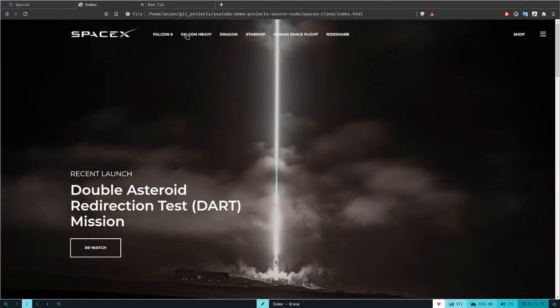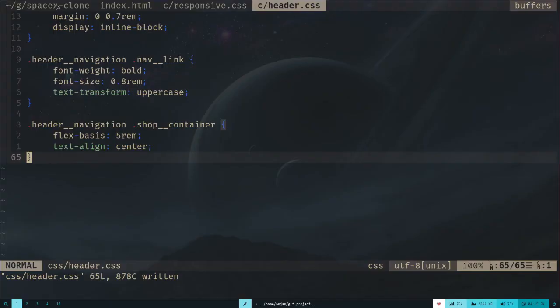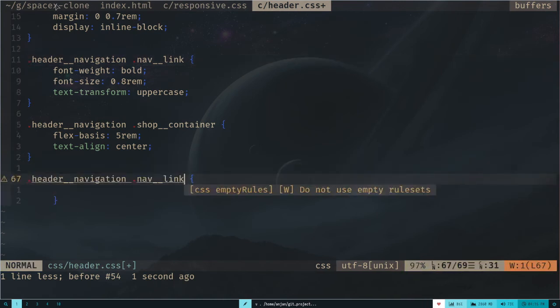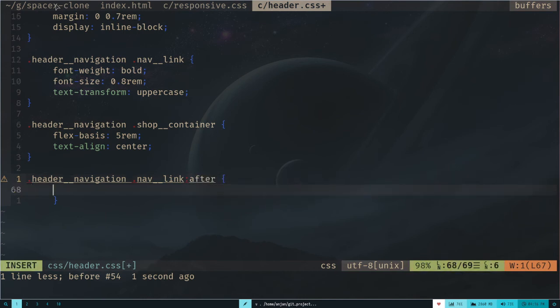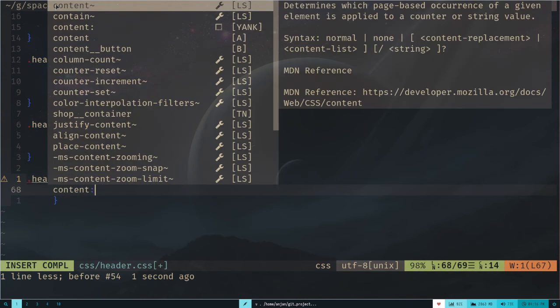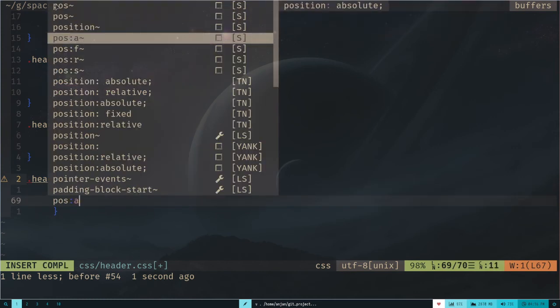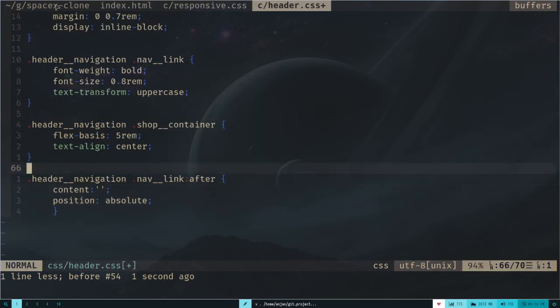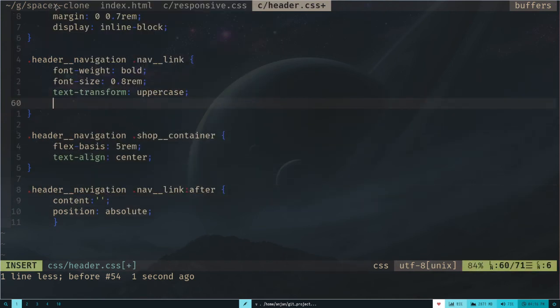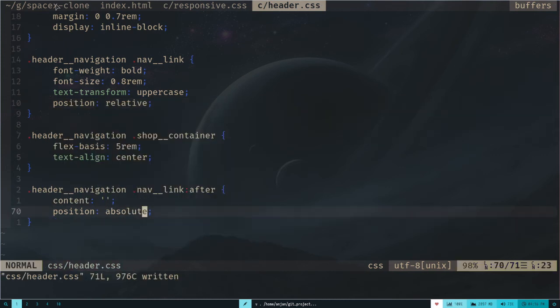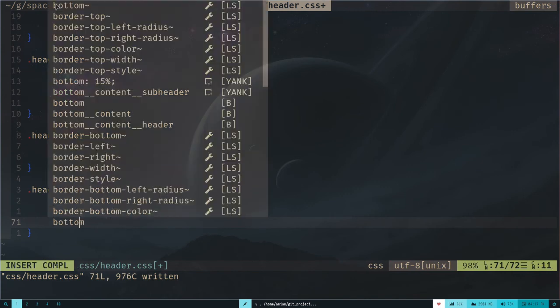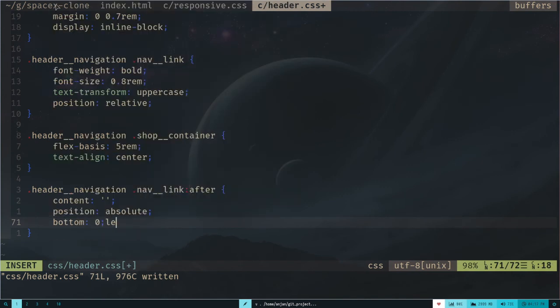Let's add the hover effect like this. Now to add the hover effect, we need to use the after pseudo selector. So I will copy this line. So let's add the pseudo selector after. Let's add the content of empty string. And we need to make it position absolute relative to the container, which is the navlink. So position relative. Then it will stay at the bottom. So bottom 0, left